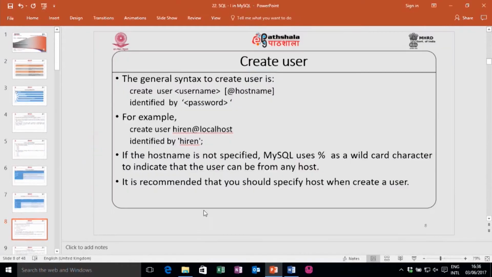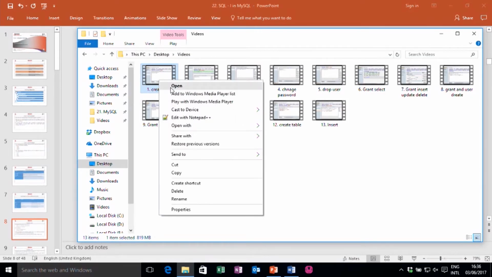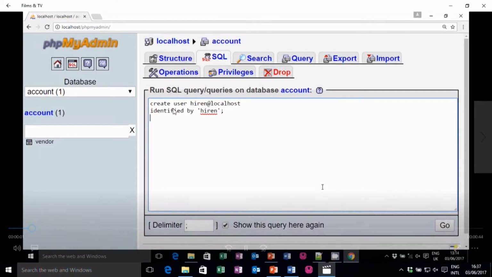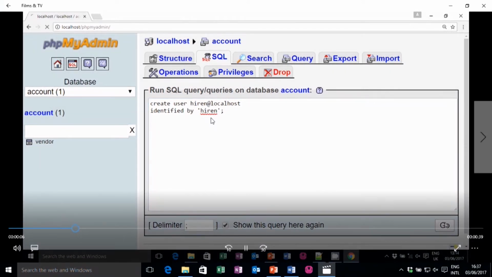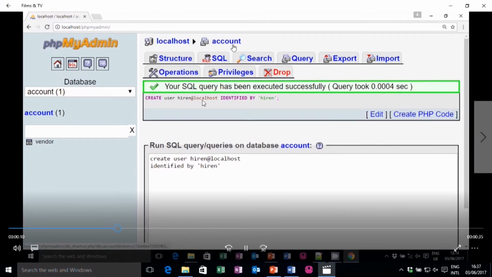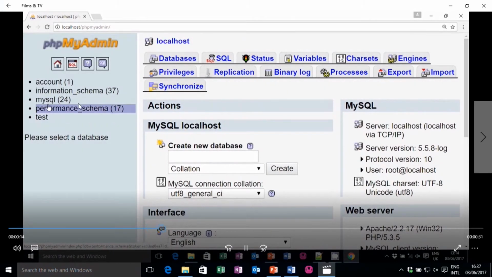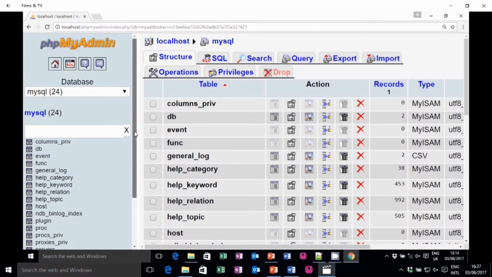I will show you a demonstration of this. Let me show you how a user can be created in MySQL. In SQL I have written the syntax create user Hiren at localhost identified by Hiren, and now press the go button. Here you can see Hiren at localhost is created, and you can move to the localhost, and in localhost there is a MySQL database.